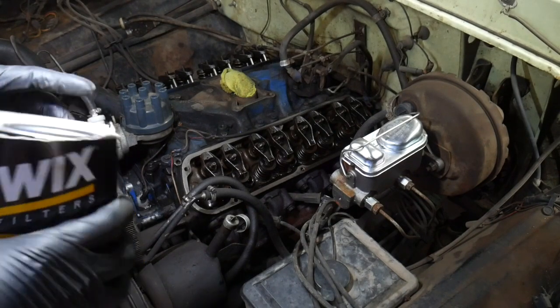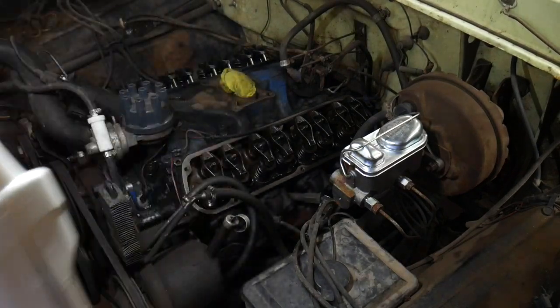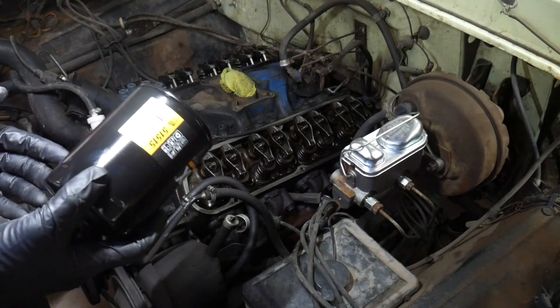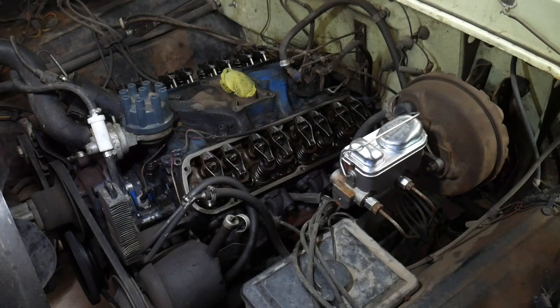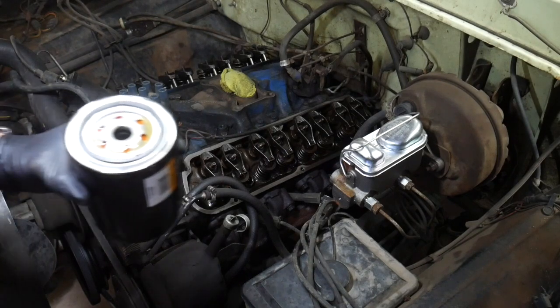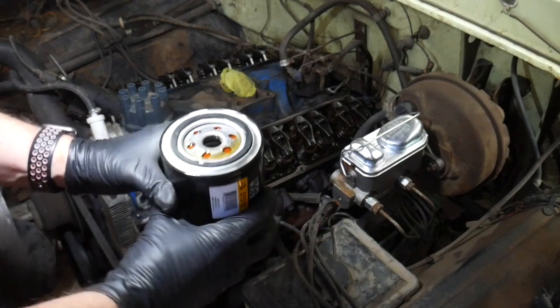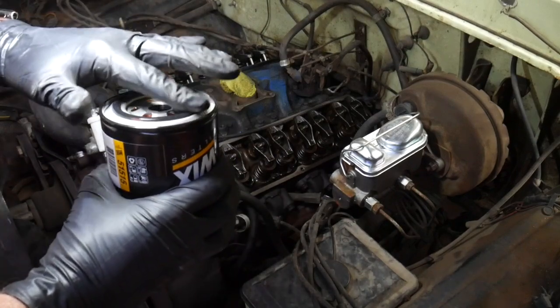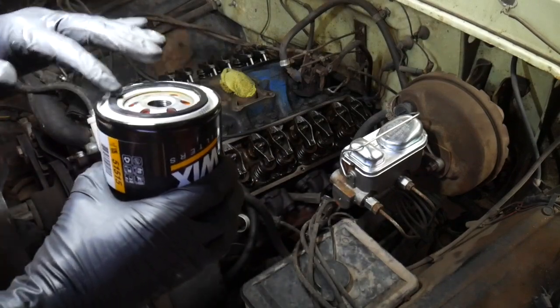Alright, like I said before, we're using the Rotella T4 because it's got all the good stuff. I'm going to go ahead and put some in this filter here, just so that we know that there's some in there and it won't take so long for the oil pump to build pressure. Can't get too crazy with it because the filter sits completely sideways in there, but we'll get some in there at least. Off camera, obviously, because I couldn't reach out there and do it, but filled it up a little bit. Gonna moisten the gasket so it seals, makes a good connection, isn't dry,